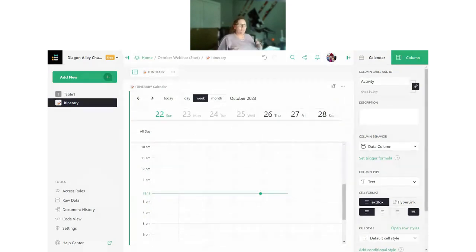Okay, so we have our calendar added. We just need to configure it and map our columns. So here in the creator panel at the top,